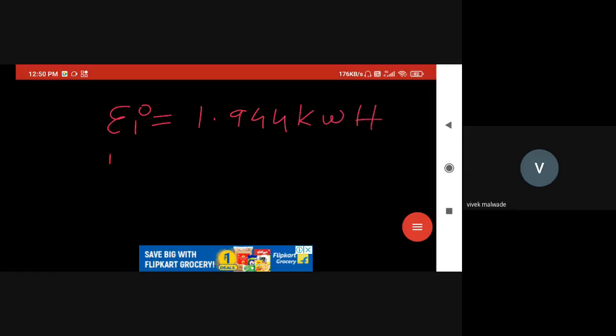Now we know that 1 kilowatt hour is equal to 1 unit of electricity, 1 unit. Therefore, the unit consumed for that specific immersion heater, if we use it to raise the temperature of water from 20 degrees Celsius to 95 degrees Celsius,